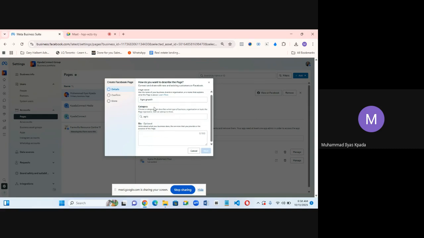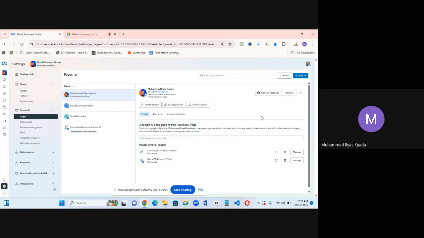You click on next. Then they'll ask you if this page you want to use it for your business. You agree to their terms. Everything is set up. This is how to go about a page. Then if you come to add account,